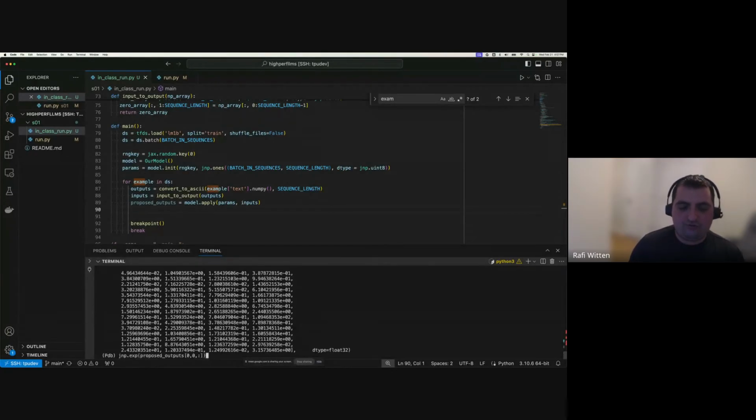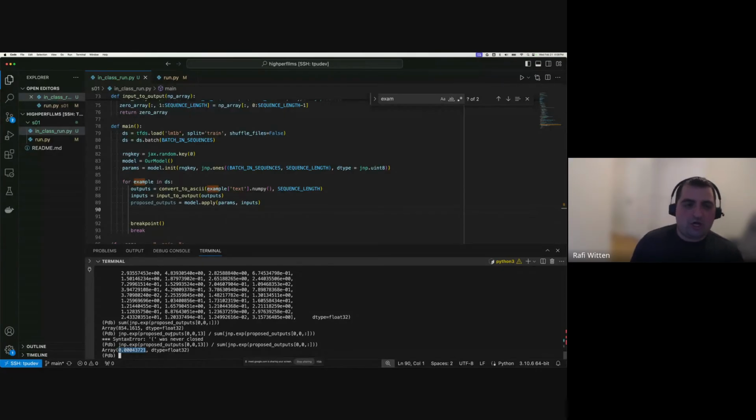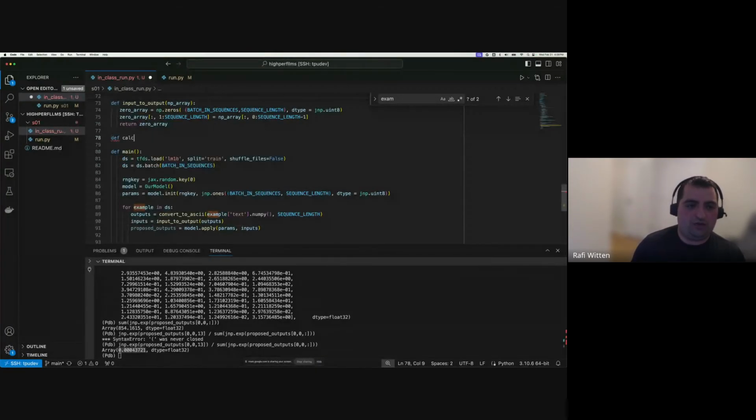So the key to cross entropy is that you first do the exponential of everything, then you do a sum. So now we're saying the sum of our exponentials is 854. And now for each index, you assign a probability based on its likelihood. So this one might be the 13th index. The 13th index is going to be the proposed output's exponential over this. And we're giving it this little probability, right? About 4/10,000ths. So that's all cross entropy is actually doing. But I think we'll just put it into its own little function just because it's a little tricky. And then also, I think we want to use the JAX cross entropy just because there are important numerics related to this particular thing. So calculate loss,